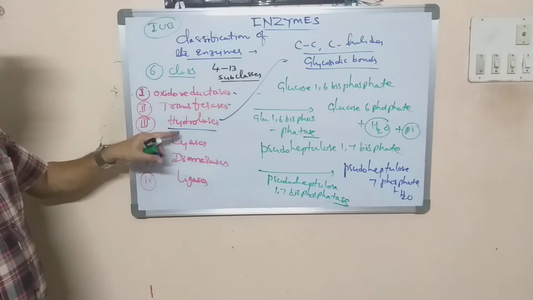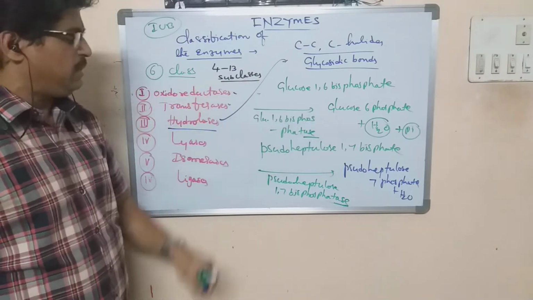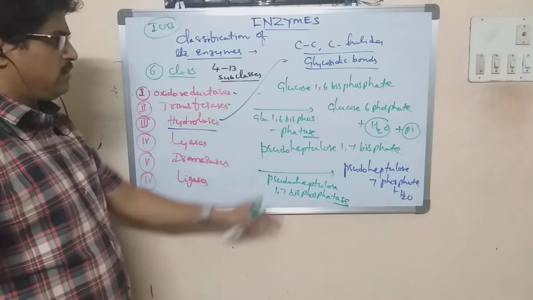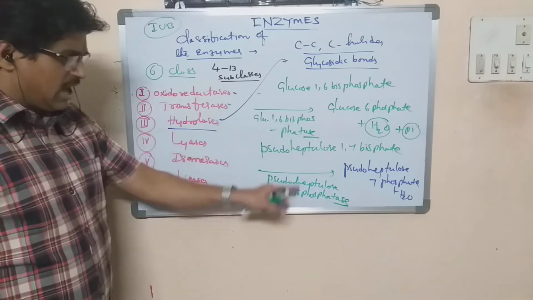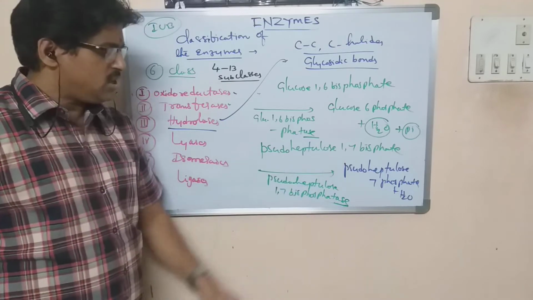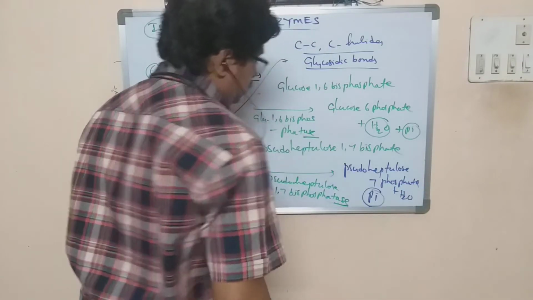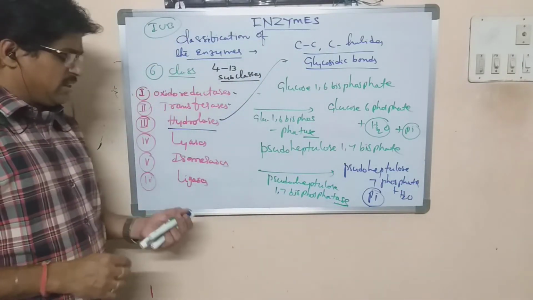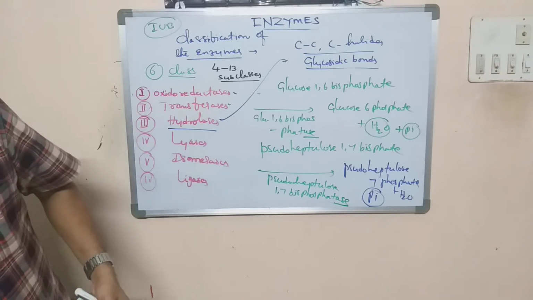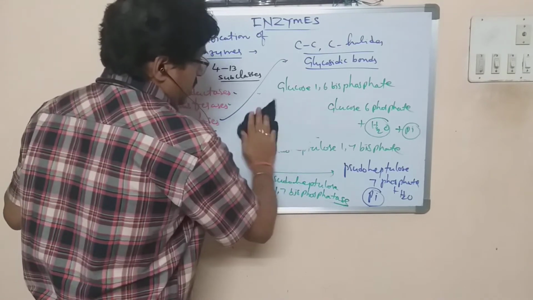In the presence of water, compulsorily the presence of water is taking place in these chemical reactions, like glucose 1,6 bisphosphate converted to glucose 6-phosphate, or the 7-carbon compound pseudoheptulose 1,7 bisphosphate to pseudoheptulose 7-phosphate, plus inorganic phosphate is produced here also. So these are some of the examples of hydrolysis.